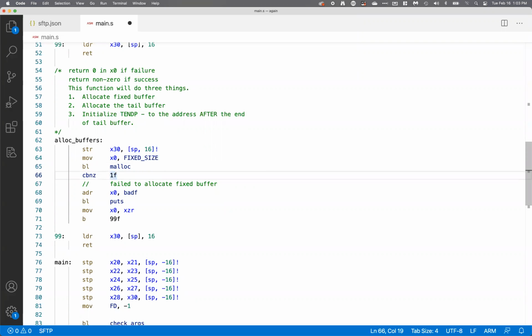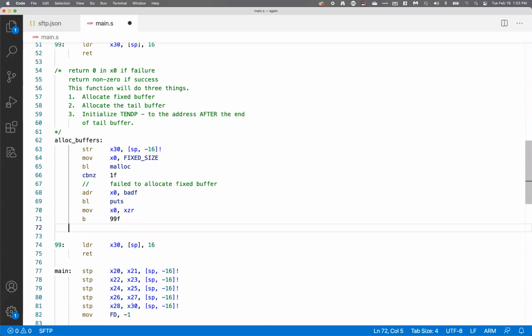You forgot the negative sign. Thank you. That's how bugs happen. All right. So does anybody have any questions about this so far? All right. Then